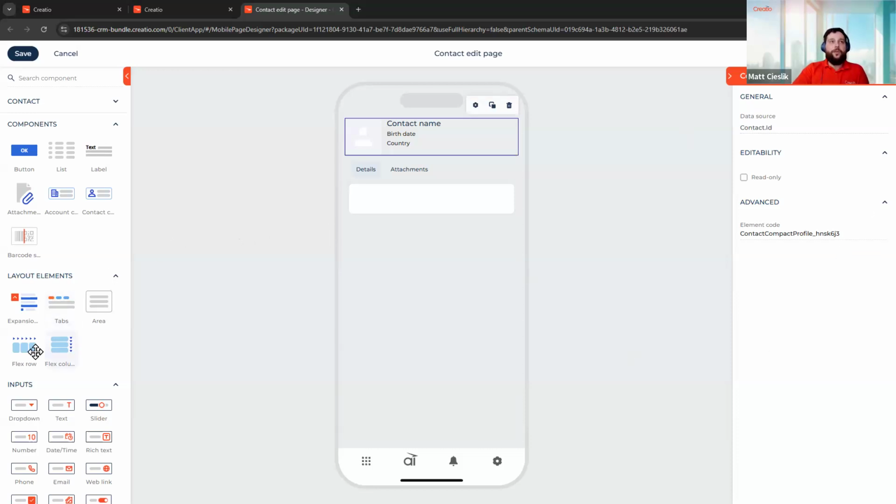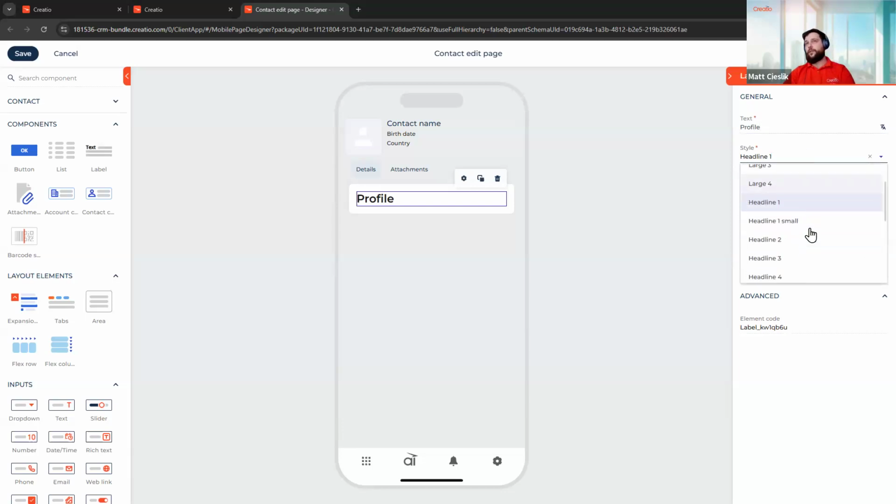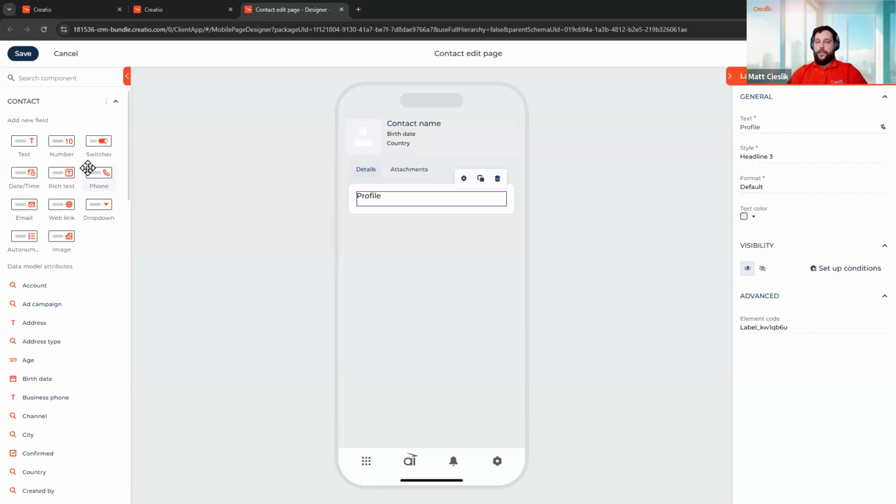So let's maybe start from the label itself, right? So first thing to do would be to go with some general information about the person, right? So first of all, that would be a profile. And let's change the style to headline 3 as it works a little bit better visually, in my personal opinion. So, as we have got that, let me roll down the data source of our page, which is the contact object, and